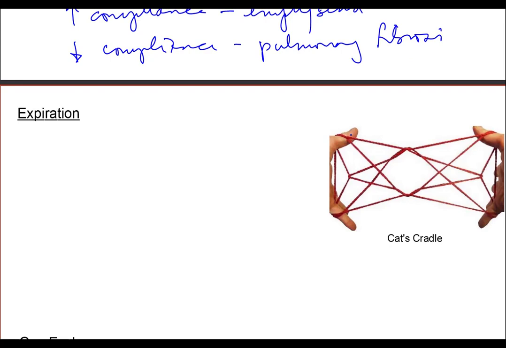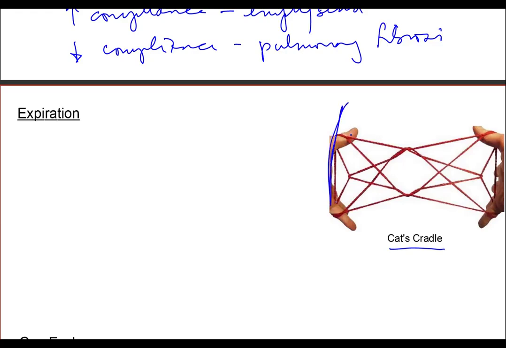Let's move on to expiration. Let's think about inspiration, expiration for a sec. The image that we see over here on the right is called a cat's cradle. It's a childhood game that you can play with strings in which you use the fingers to create all these geometric spaces. And it's a really good way of thinking about how the lung works,